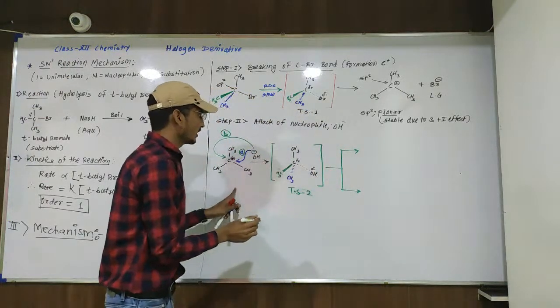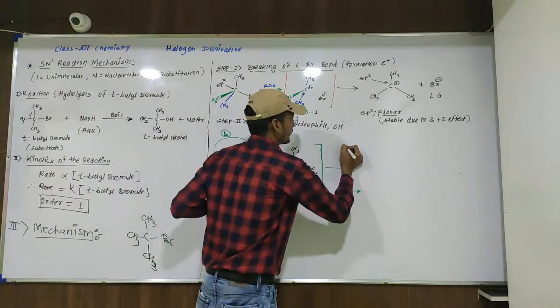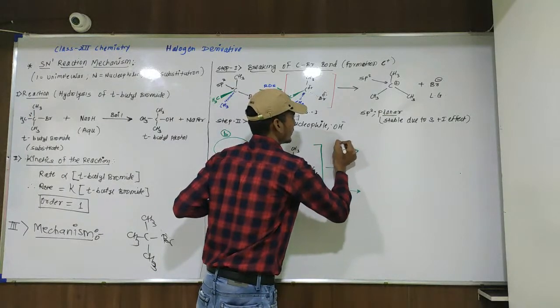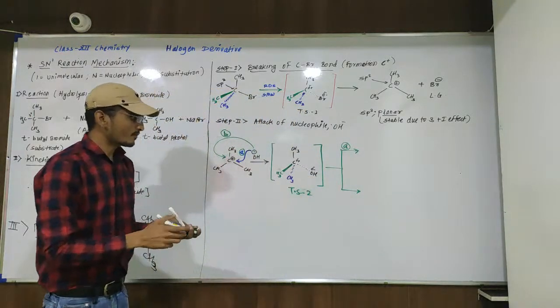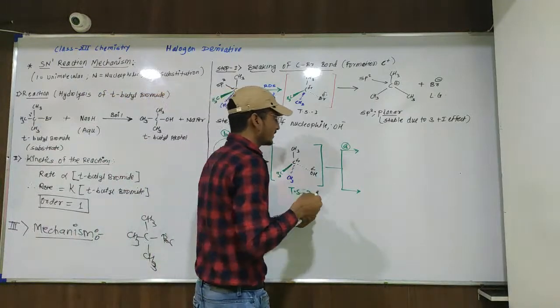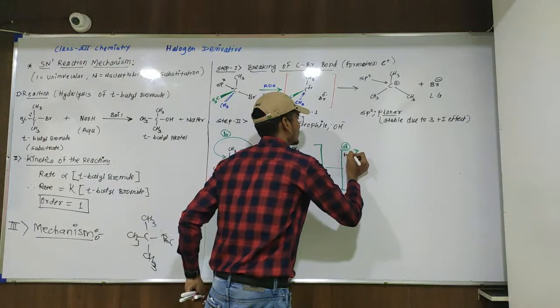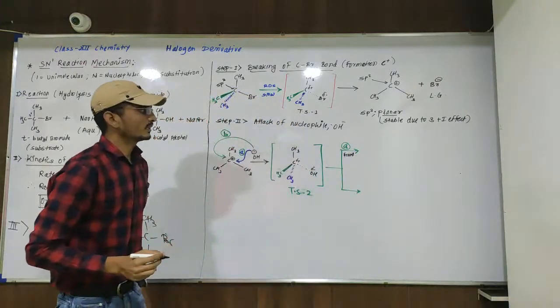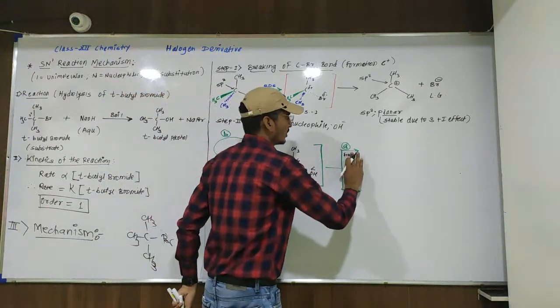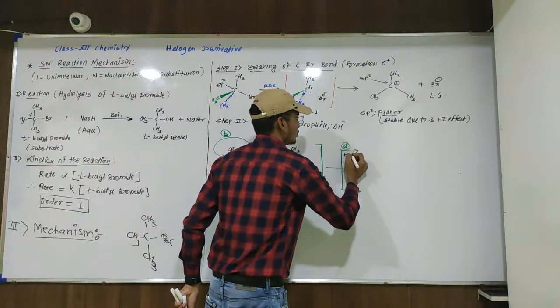Okay, so let us see here carefully. So first, the nucleophile attacks from the front side. So this is the route number A. So the nucleophile attacks from the front side. So I write here front side. What side did the nucleophile attack from? Front side. And when the nucleophile attacks from the front side, so you will get